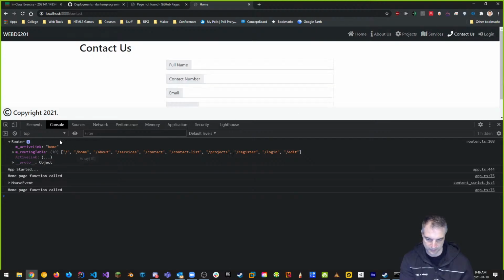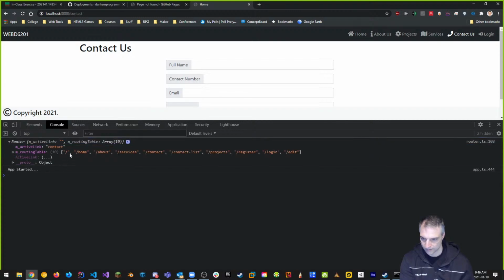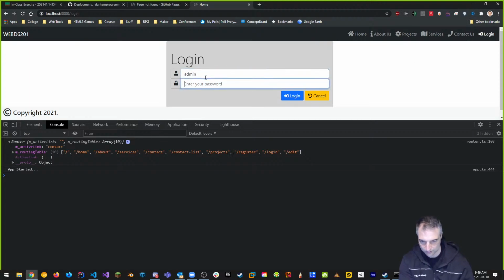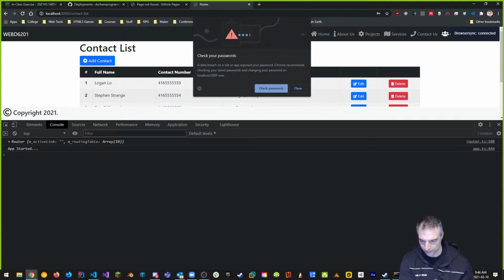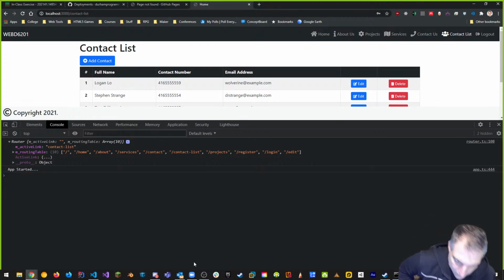So that is something to think about. Active link is home. But if I type in active link and press enter, now my active link is contact. That's what the router is there for. The router is there to make sure that I go to the right place when I'm trying to get there. And if I go log in and press admin, then again, when I go there, my active link is contact list. It interprets what I'm doing. So I've got to take that information, whatever the path name is, and add that contact list to it. That's the fully qualified path name.